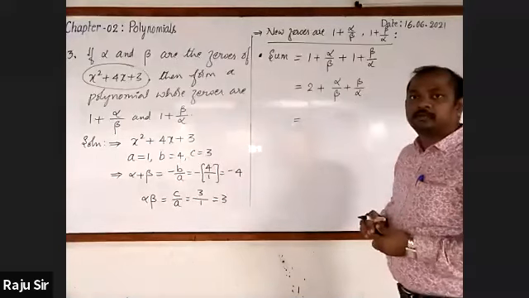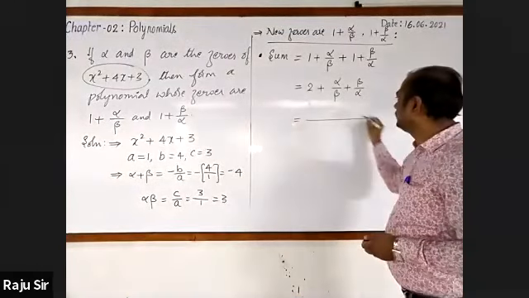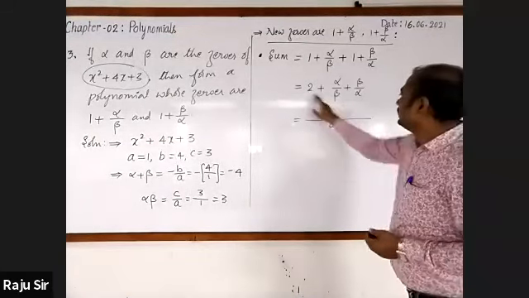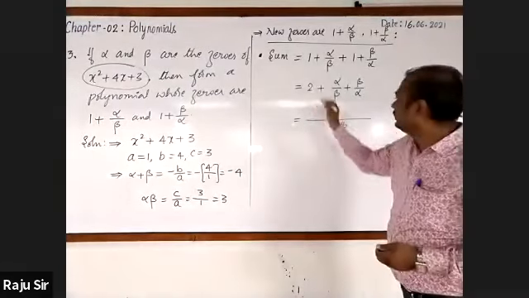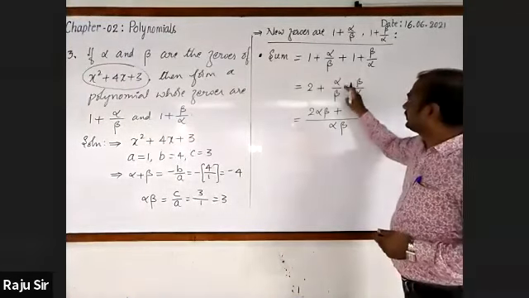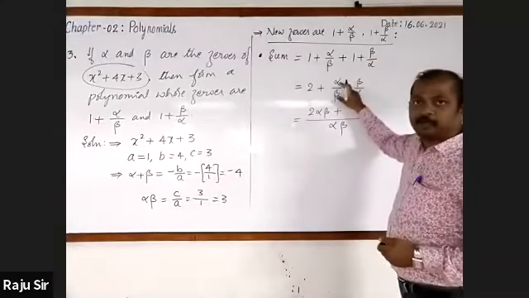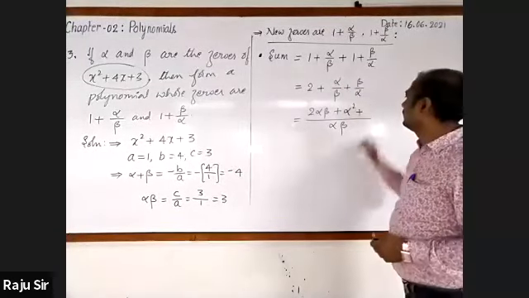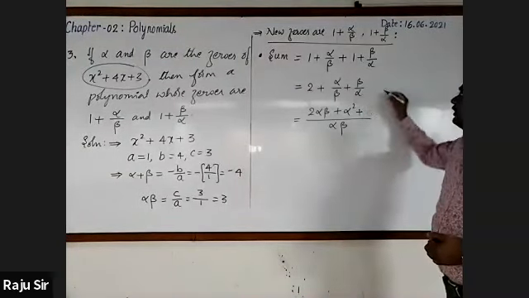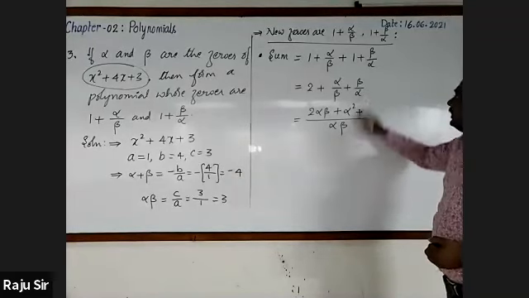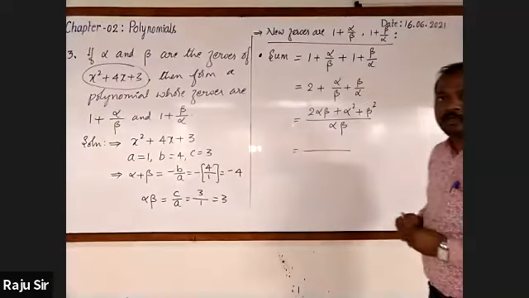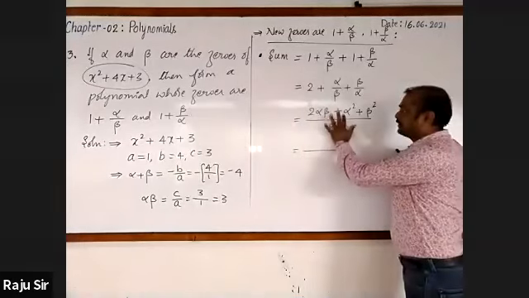And this is equal to, let us go for taking the LCM. LCM of the denominator, it is alpha beta. Then multiply LCM with the first term. You will get 2 alpha beta plus LCM with the second term. Beta beta get cancelled. Alpha will remain. Alpha into alpha, alpha square. Plus multiply LCM with the second term, beta by alpha. So here alpha get cancelled. Beta into beta, beta square. This is equal to, observe numerator terms, 2 alpha beta plus alpha square plus beta square.